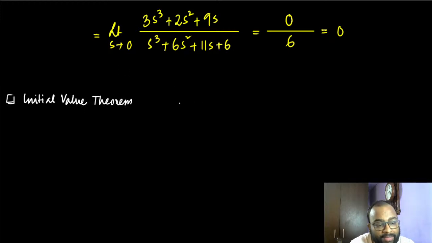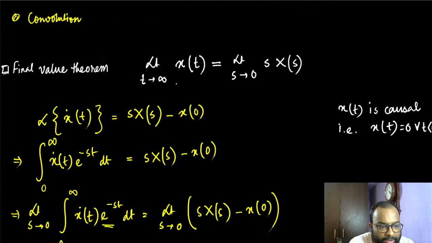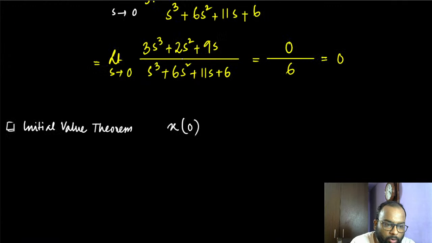Once again, our objective is now to calculate this x(0). We want to calculate x(0). What is the initial value of this without actually calculating the inverse Laplace transform? And look back, there we wanted to calculate x(infinity) without actually calculating x(t). Similarly here we want to calculate x(0), which is like writing the limit of x(t) when